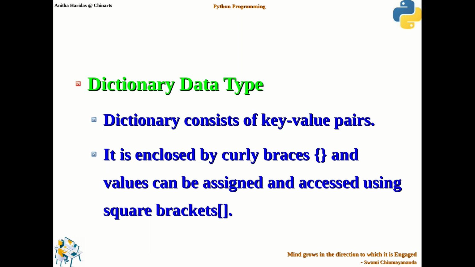In this video, we are going to talk about the dictionary data type. We had already seen what is a dictionary data type very briefly. So dictionary consists of key value pairs.